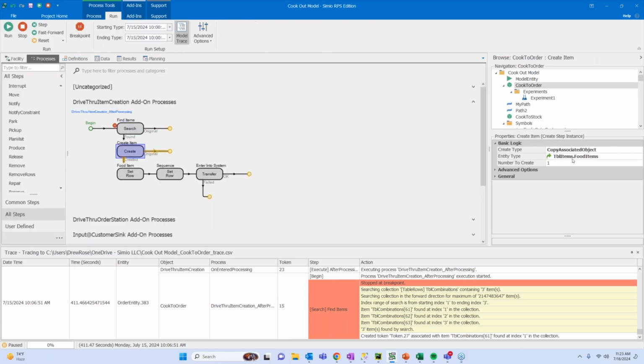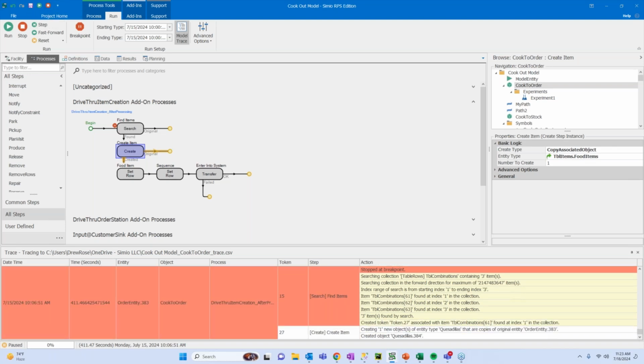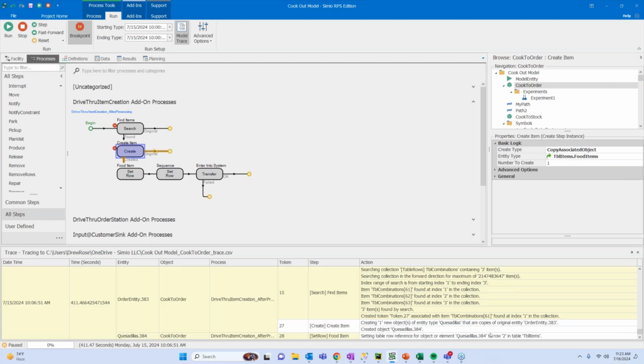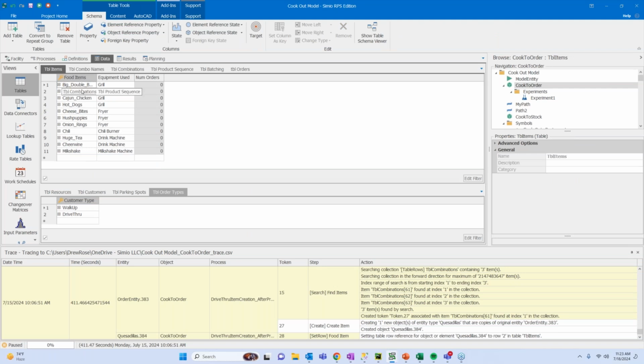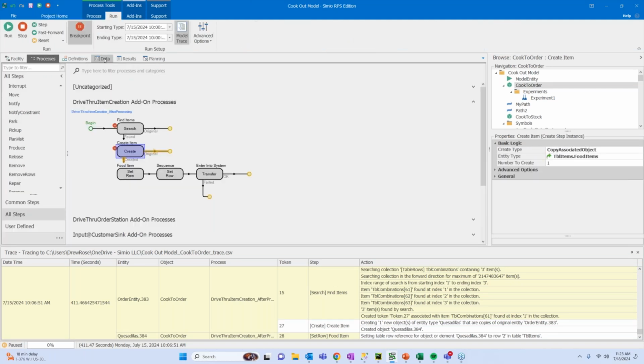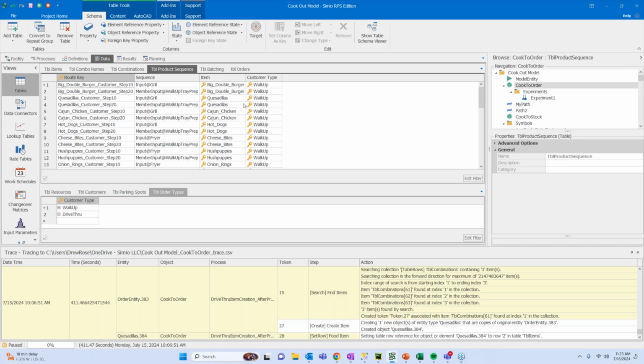So we're then going to go and create each of these food items to be sent back to our back-end kitchen. So I'm going to create a quesadilla item, an entity. I'm going to designate in my table of items which type this is. And then correspondingly, I also have a data table defining the tasks that it takes to run this job. So quesadillas, and if you're familiar with sequence tables, that takes on this approach, and there are other solution series that cover this topic at more length. But I'm designating that for a walk-up customer who ordered quesadillas, we need to get these quesadillas to go to the grill, and then they need to go to the tray prep in order to be fulfilled.